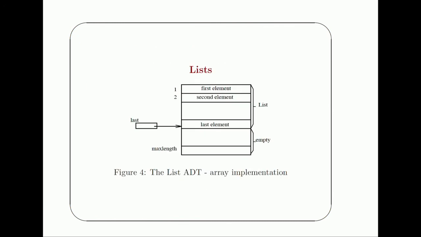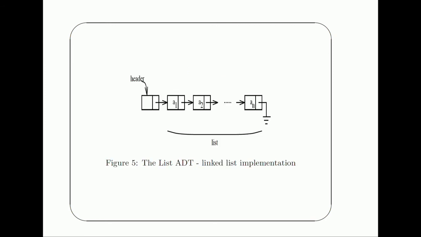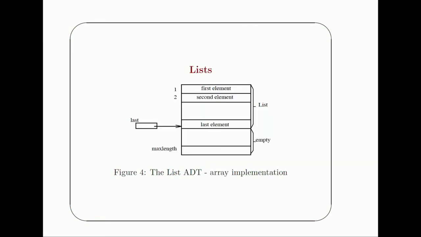In terms of representation, I need a data structure available in the programming language which will enable me to represent elements of the same type. We have already seen two such data structures. What are these two? One is the array and the other one is the recursive implementation, which is the linked list. I distinguish between the linked list and the list here. List is simply a list of items. So, what do we have here? First, second, third. This is where you find the list, and this points to last, which is the last element in the list. Rest of it is empty.